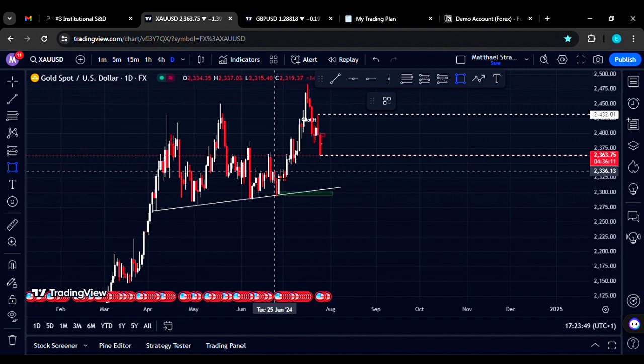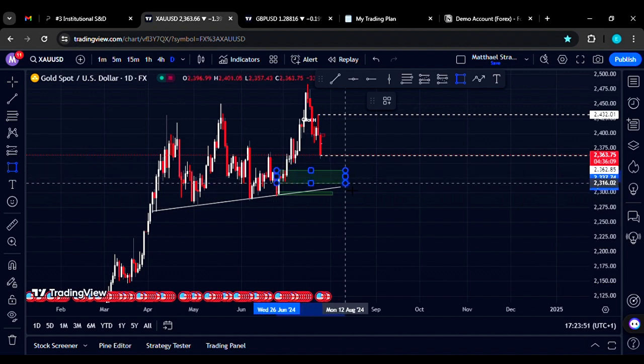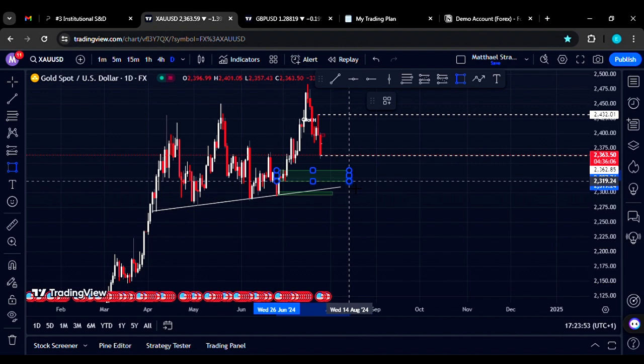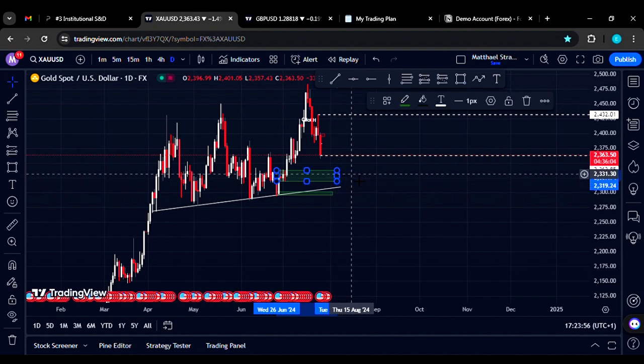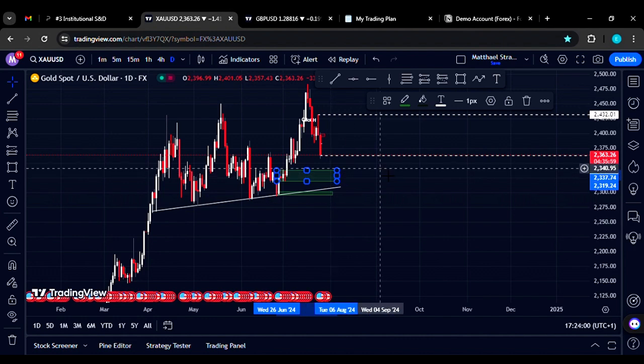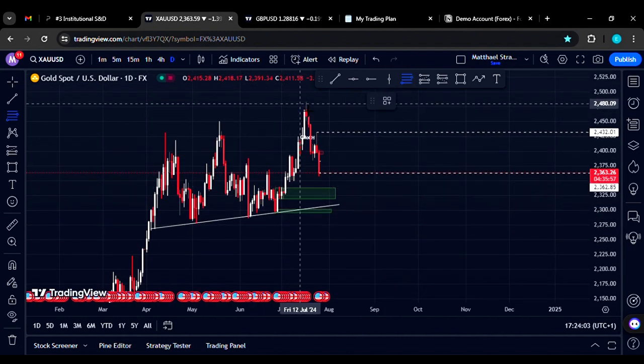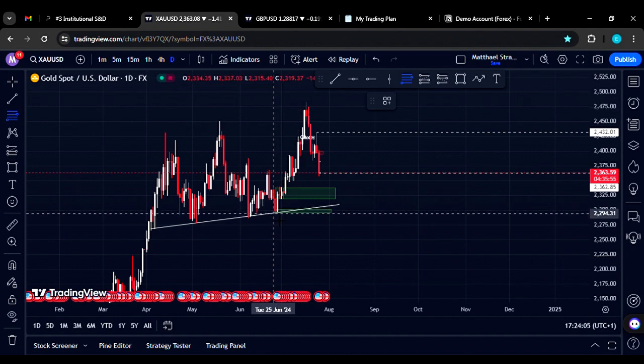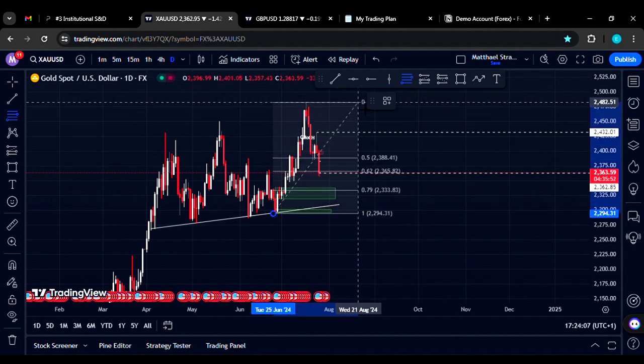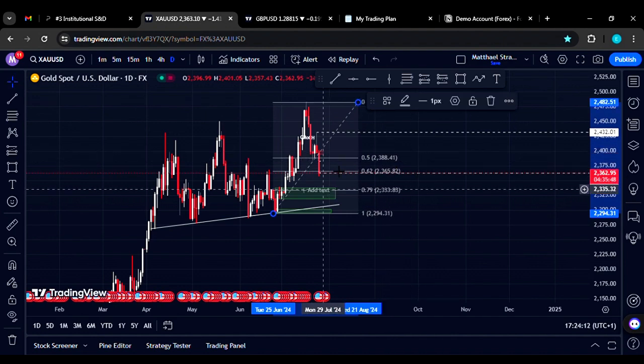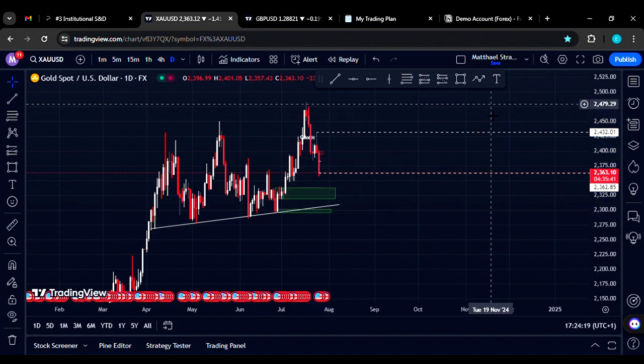All right, as you can see on the daily time frame, there is this demand zone right here. Possibly the price might get to this point before reversing. Okay, and if you draw the Fibonacci retracement, you see that that demand zone is in the far end of the discount zone, on the 79% level even. So I have checked this. I then go down to my